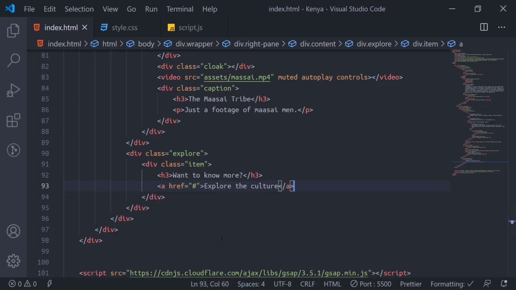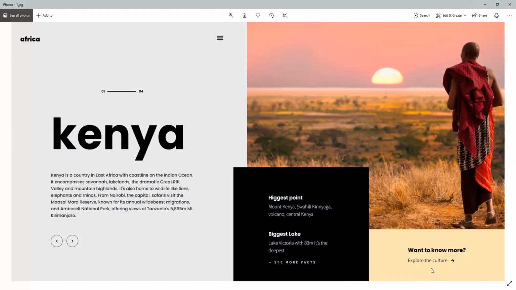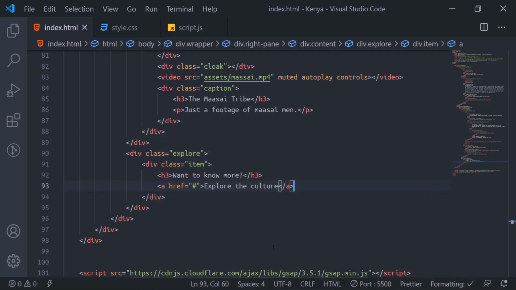Let's see. We need to get this arrow. So for "Explore the culture," we'll wrap this one inside a span. Then we use an ion icon.